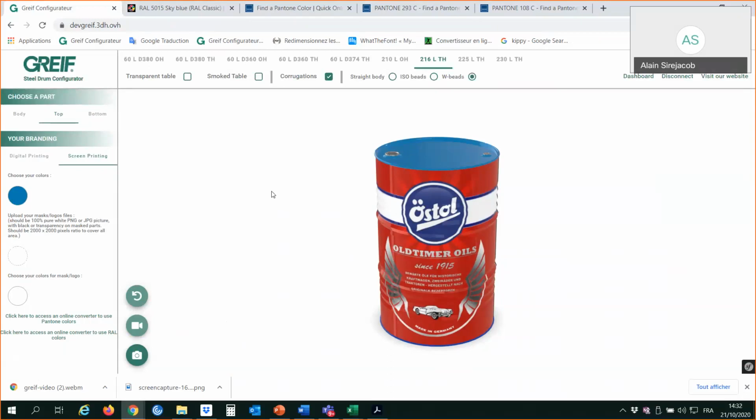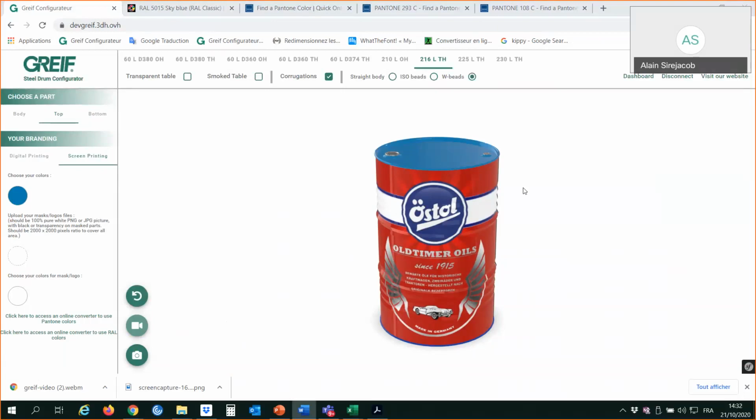It's very useful because then most of the time when they are used to this, they do not ask for samples anymore. They are just happy with the 3D tool and they just move directly to the production.